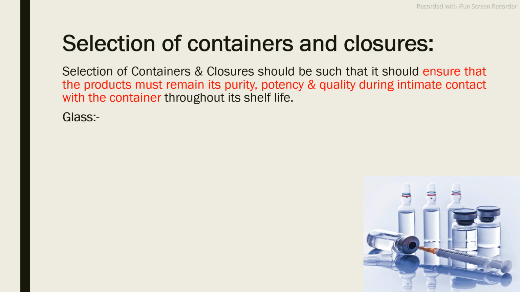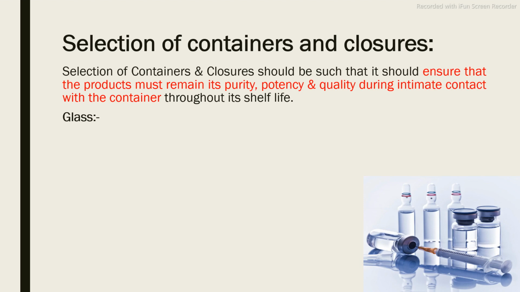And these containers are classified into different classes. First one is the glass containers, which are made up of glass. Here in the image you can see the glass ampoules and vials. These are made up of only glass materials. These ampoules and vials are still not available in plastic containers, because the glass container has to resist the high temperature and pressure in the autoclave while going through sterilization, terminal sterilization.